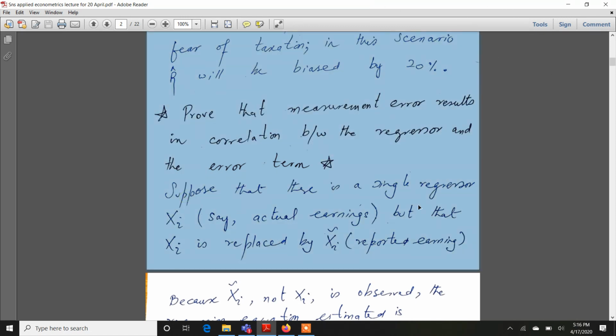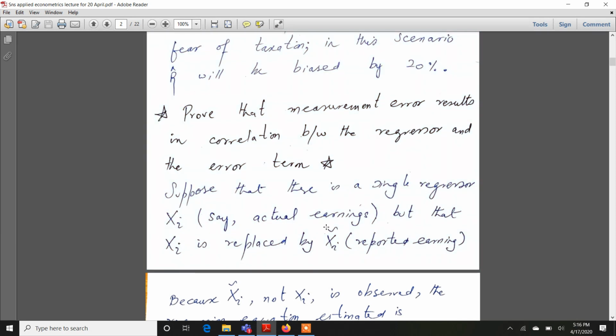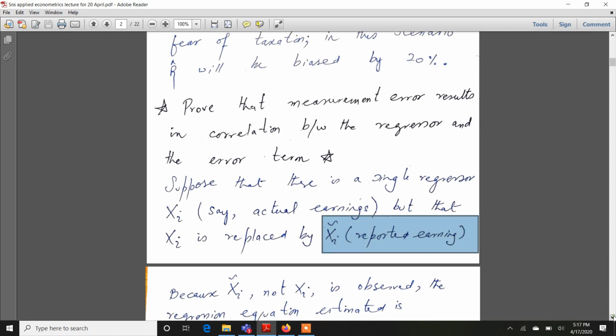So suppose that there is a single regressor x, let's say actual earnings, right? That we have a single x variable, and let's say that variable is actual earning. But that xi is replaced by xi tilde. This symbol over x is read as tilde, right? So xi is replaced by xi tilde, and what is xi tilde? Reported earning. Like people are trying to hide their earnings, so instead of quoting their actual earning, they are giving you data on something else, and maybe they are hiding a part of their actual earning. So that's why what's being reported is xi tilde, which is reported earning. Okay,